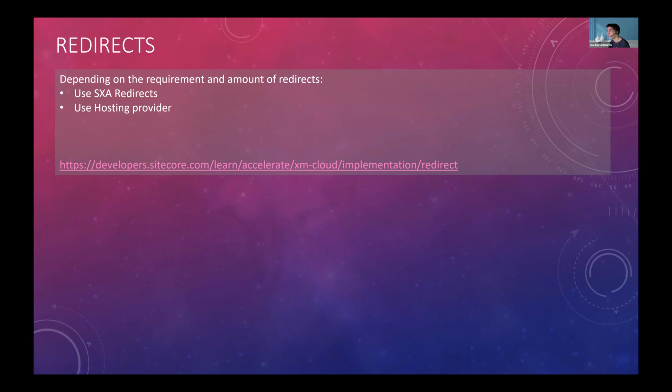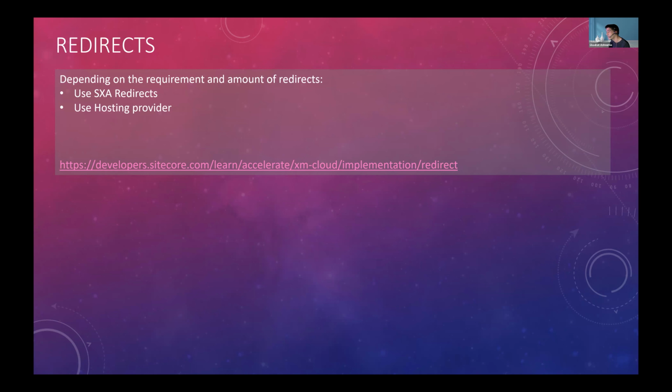Depending on the requirement and amount of the redirects, you may want to avoid using the SXA redirects, and you may want to use the hosting provider, either Vercel or Netlify. I wrote a page for the Sitecore Accelerate, and in there I explained how to handle redirects when you have, like, I don't know, 5,000 or 10,000 redirects.